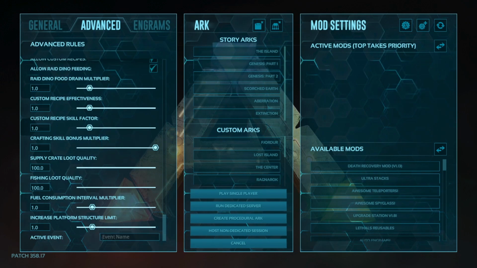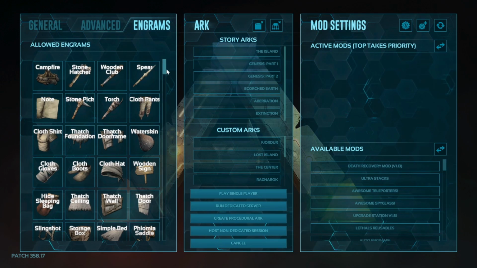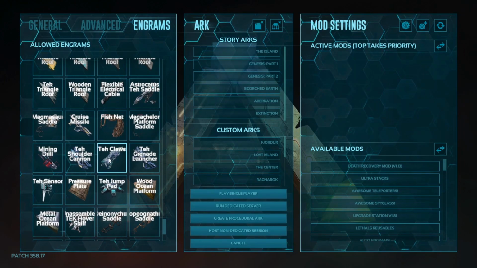Down here is just if we want to put in a game like Ark Evolve or something, in that exact wording, if you want to put it in. And yeah, that is basically all my settings. And then this over here is just your engrams. You could disable some of these engrams, which I would not do, because you need some of these. Like, I guess you probably really don't need that, but